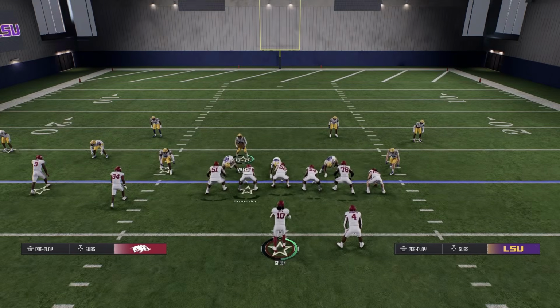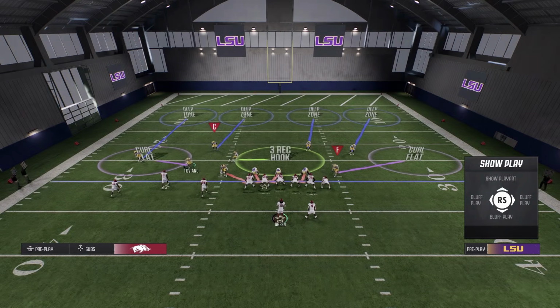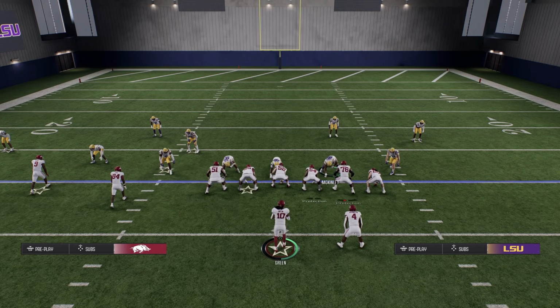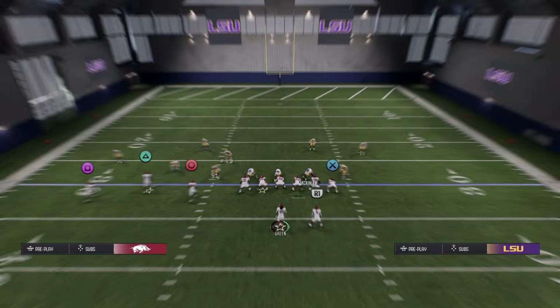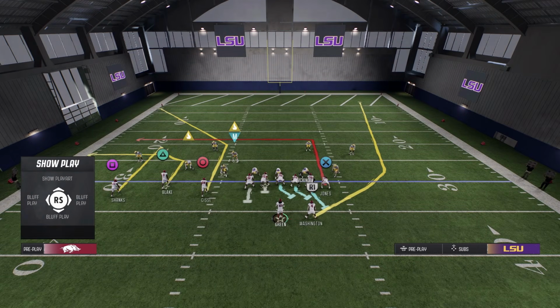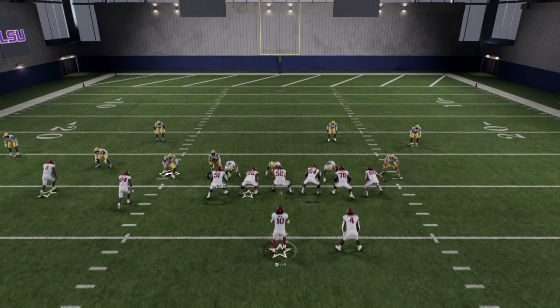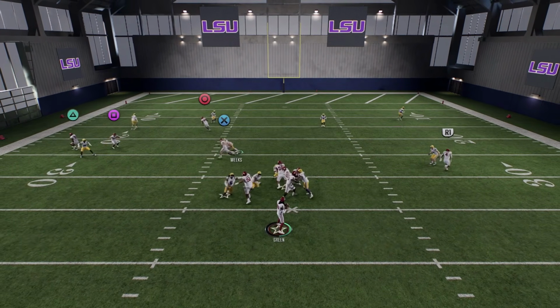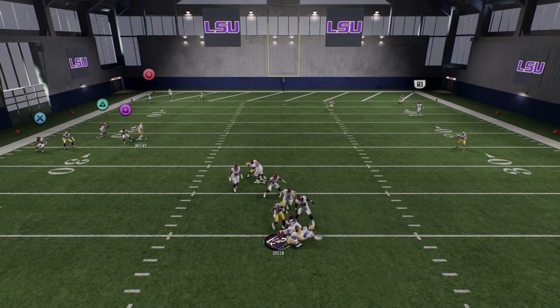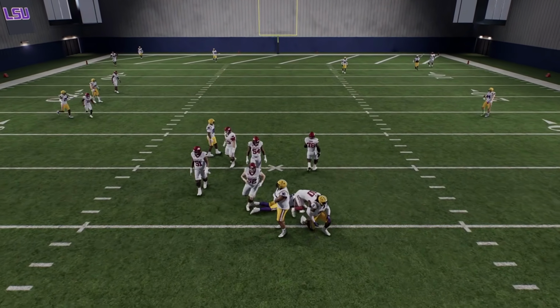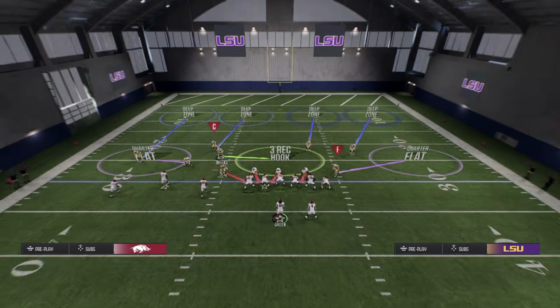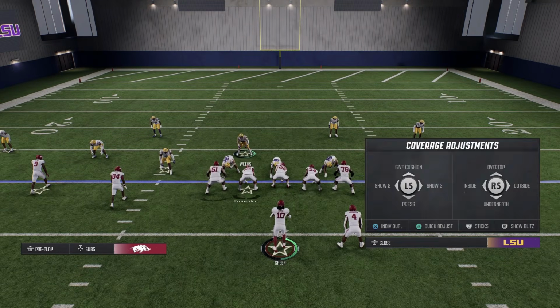But if you press triangle and shade over top, these curl flats will become 5-yard flats that we put earlier, and you could change it to a Cover 4 Drop, which will leave that corner route open, but it will take away the underneath better. So boom, as you can see, that corner route is open, but now everything underneath is taken care of. You either can run match or run Cover 4 Drop,